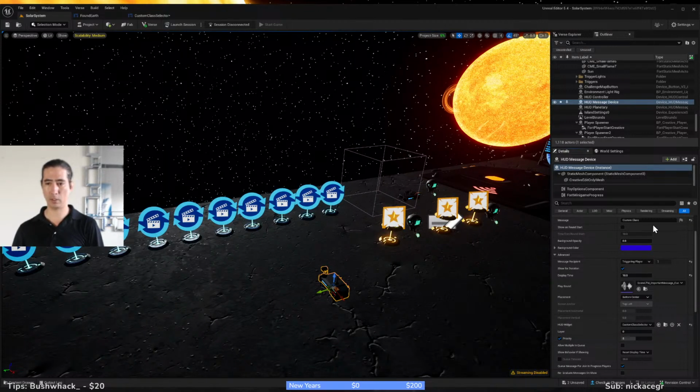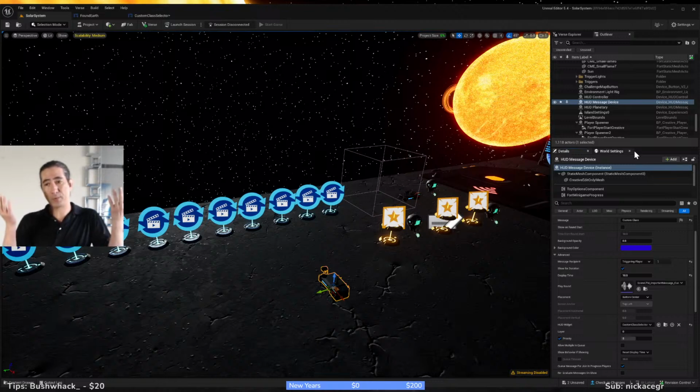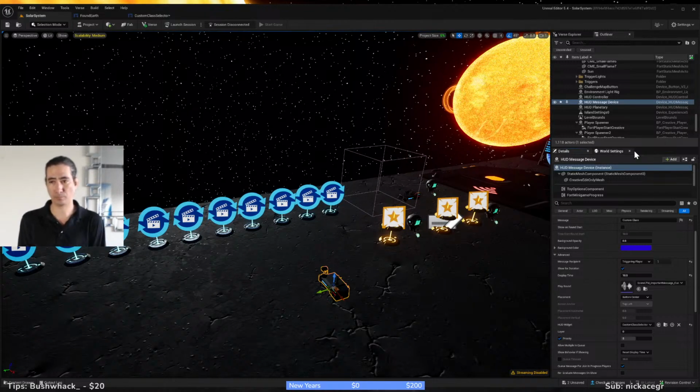So just remember that. And then you can see I have a lot because I have all the planets. I also have duplicates of the planets because this map has a hard mode, a challenge mode, and an easy mode. So I had to duplicate everything over for easy mode. So yeah, I've got a lot of blueprints, and depending on the complexity of your map, you could have even more. It just depends on what you're doing. So yeah, I hope that helps.